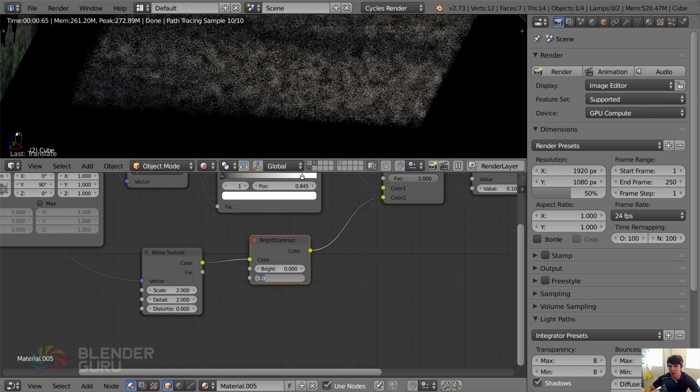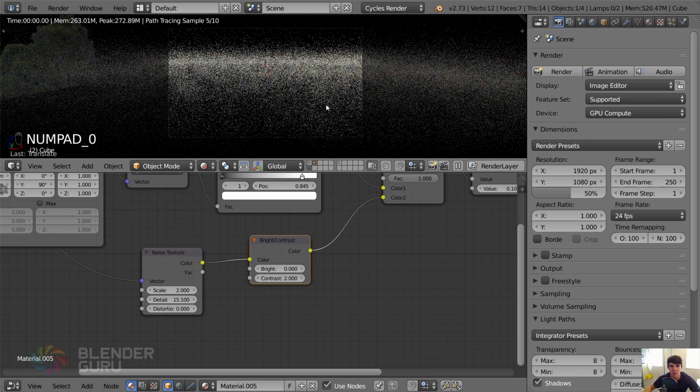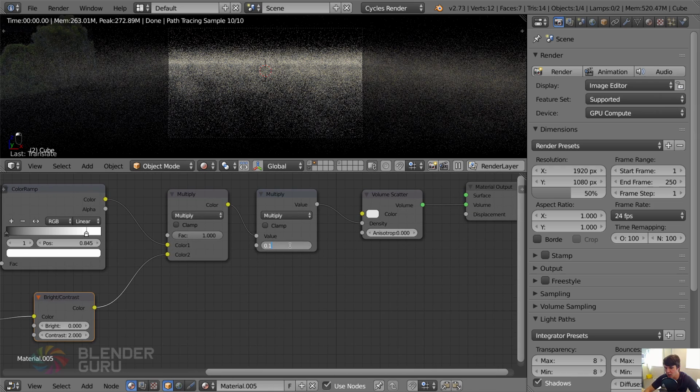Contrast is a bit high at 5 because I don't want there to be areas where there's completely no mist. That's going to look unrealistic. So something like 2 is going to be all right. And I'll increase the detail on this as well, so it's a roughish sort of cloud throughout the whole thing. But that should look a lot better. And I'm also going to dial back the old